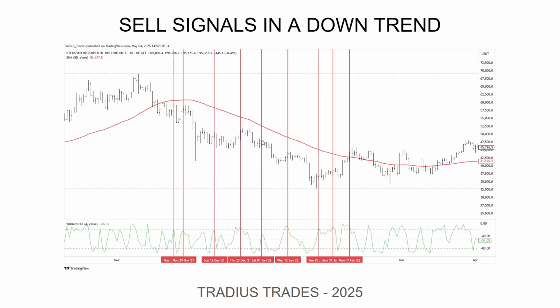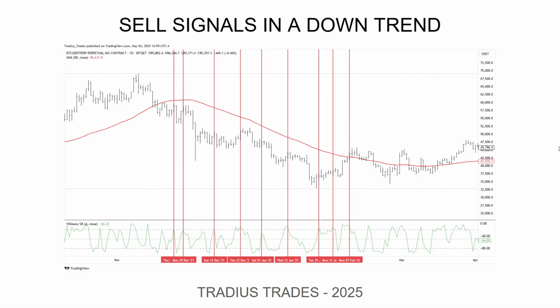These two weren't so good. This one wasn't the greatest, but the rest of them more or less got you in prior to very large moves in sync with the dominant forces at work in the market. You are working the side of the market that is the path of least resistance, okay?